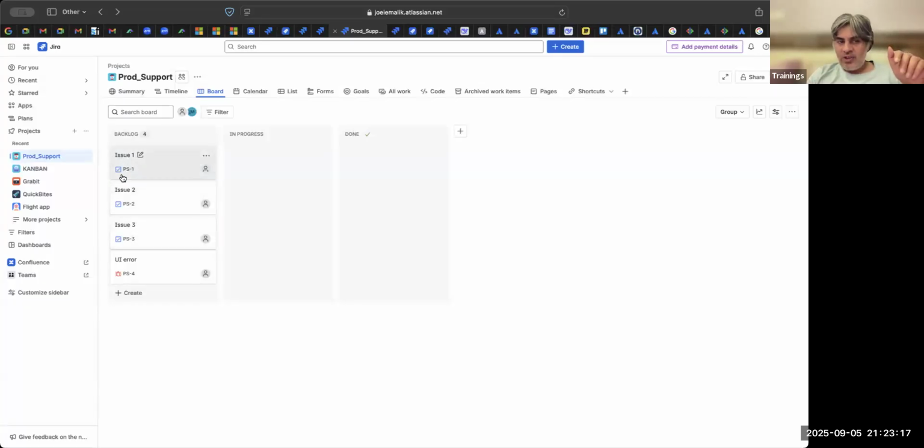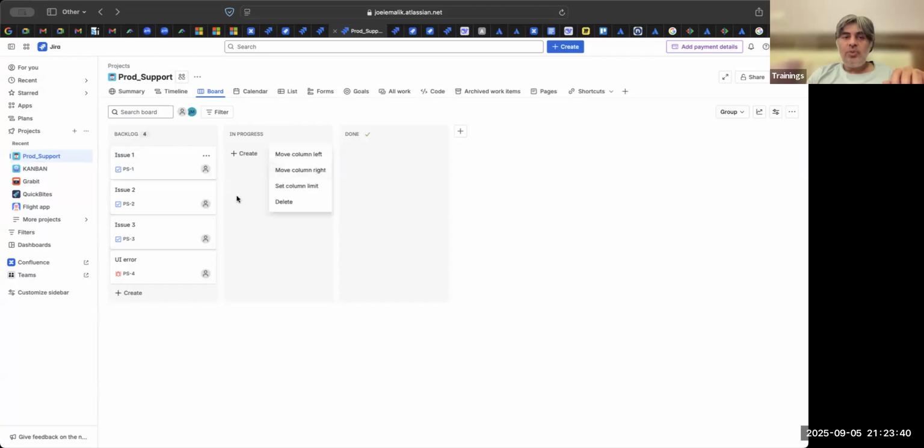People are raising concerns, and bugs are coming. As soon as somebody calls in, like we do with Swiggy, we call them, we chat with them. There are multiple methods through which a ticket can come to you. All these tickets keep on pouring in. Sometimes there are 2 tickets, sometimes 10, sometimes 20, whatever.